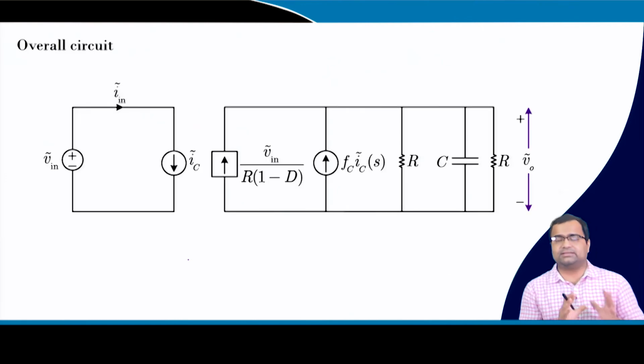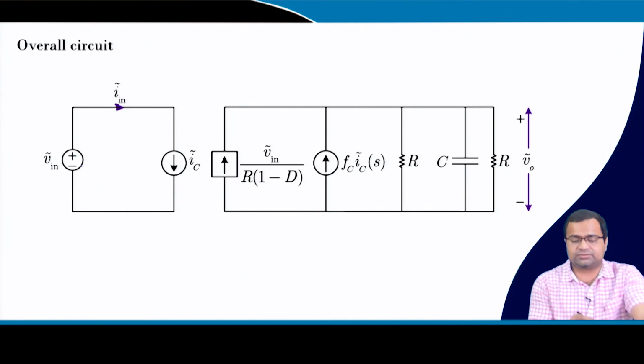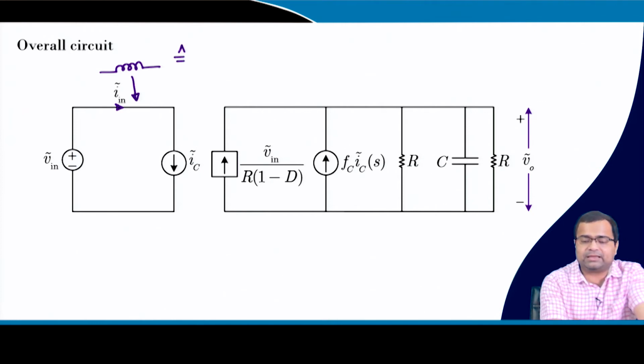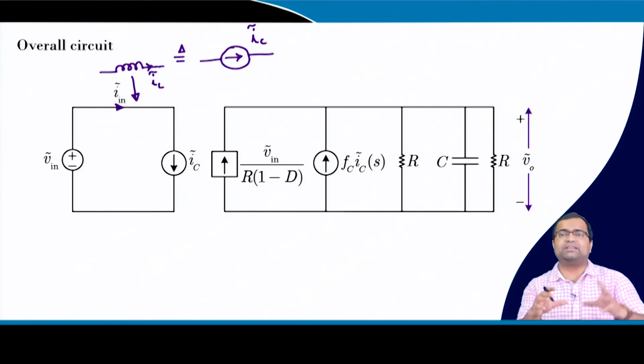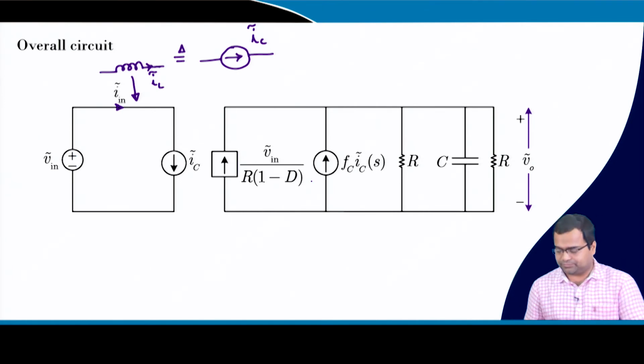So, overall circuit is this. This is my input current, and it is coming out of the source; this is a control current. Now you can see the input side, the inductor which was there in the input side is replaced by a control current source, and it was the inductor current. So the inductor current is replaced by a control current source, which means there is no inductor anymore, right. Output side we saw the circuit, and so we can get all these coefficients from here, right.